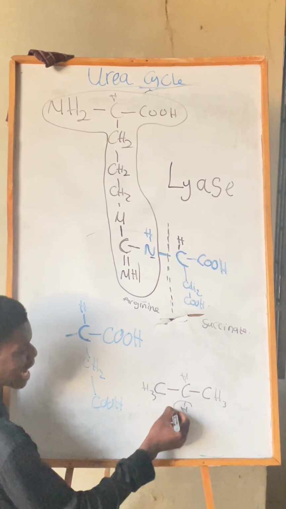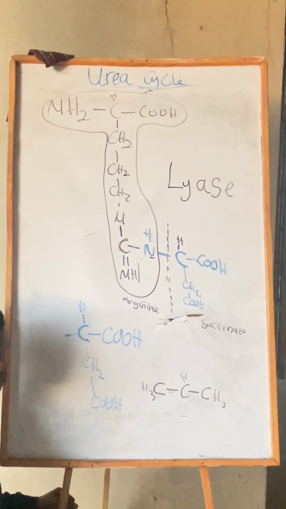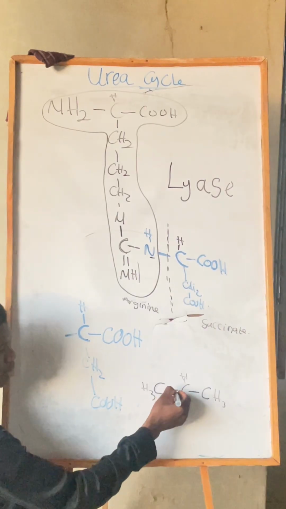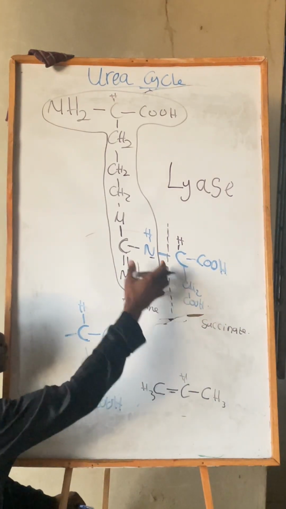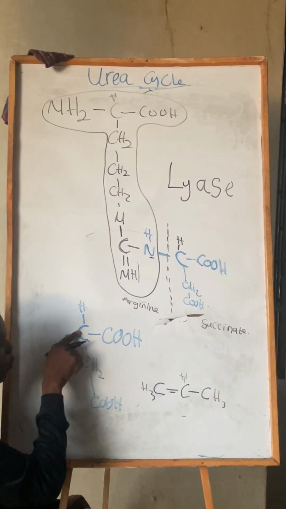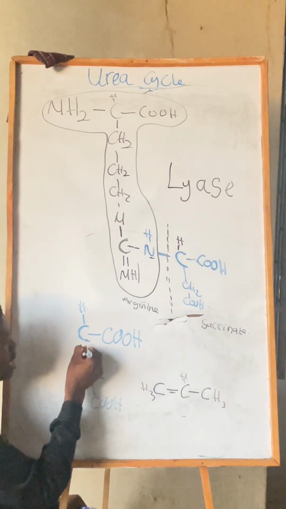If I should remove this hydrogen, what do you think will happen? Double bond will be formed here. That is, if I should remove the hydrogen that was there before, a double bond will be formed here. The same way, because we removed the adenine part, this guy will then form a double bond here. I hope you understand it. So a double bond will be formed here like that,